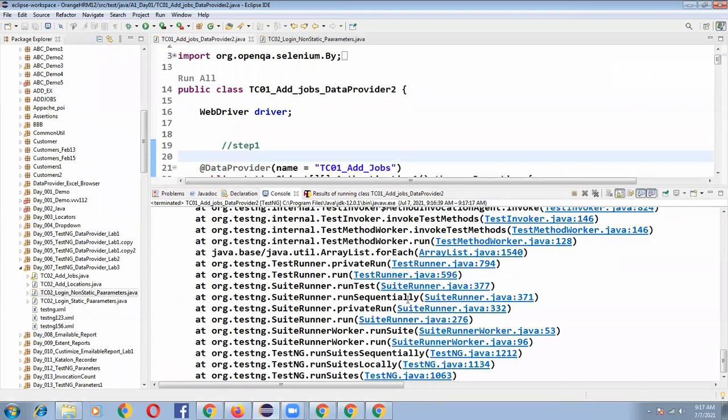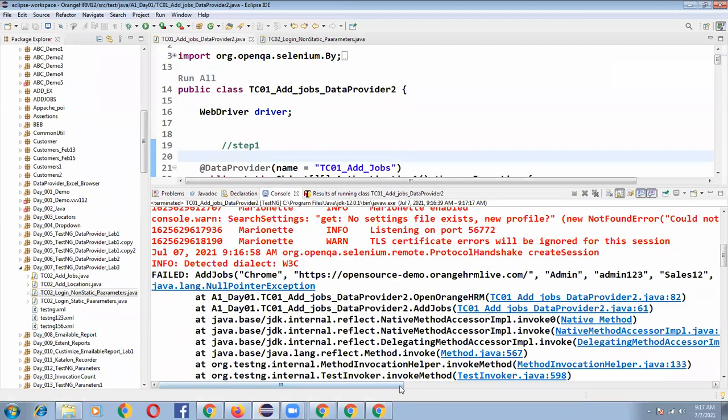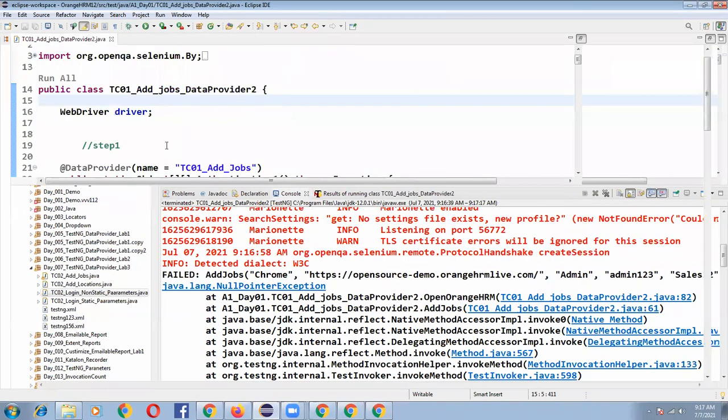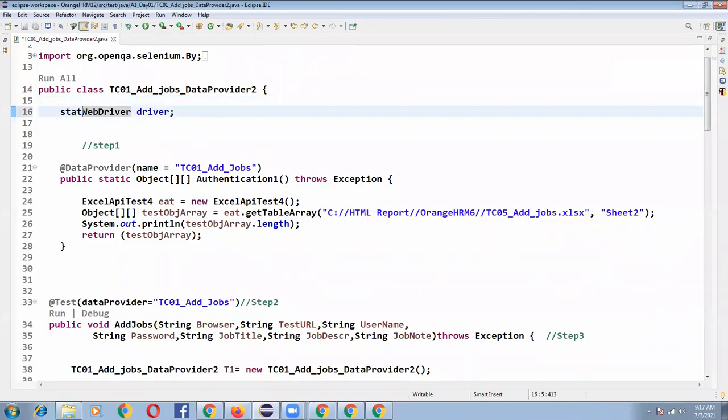So 2 iterations got failed. What is the exception? Null pointer exception. Okay, one second. Okay, we can declare WebDriver as static.